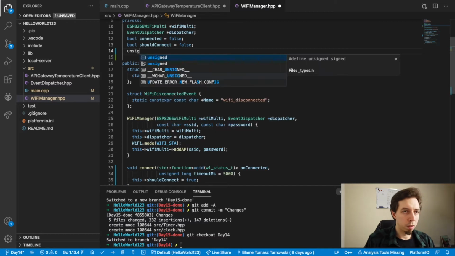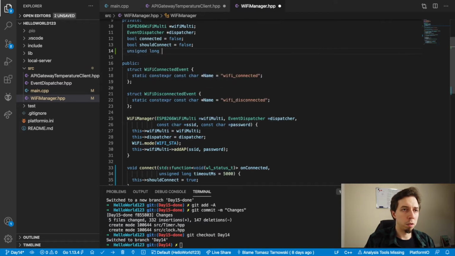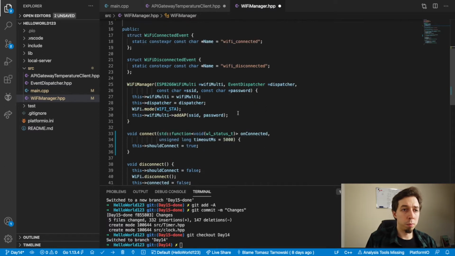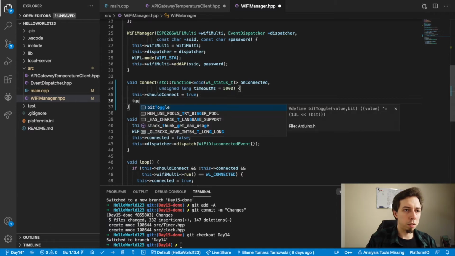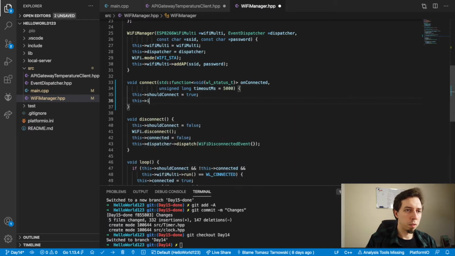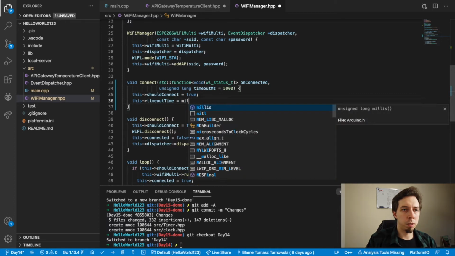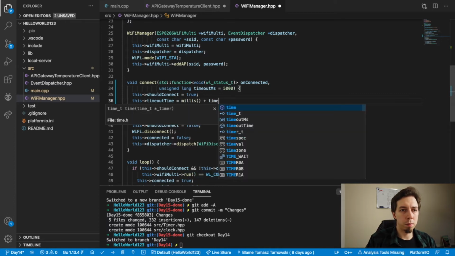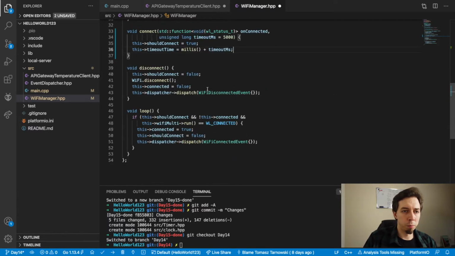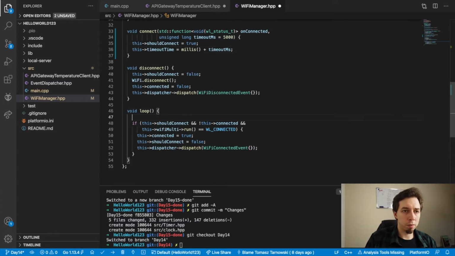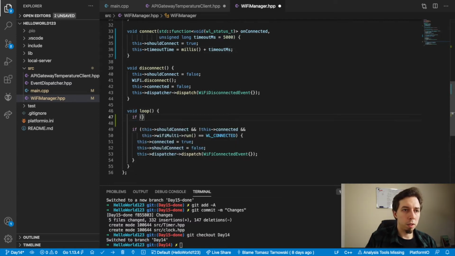Timeout time, unsigned long timeout time. And that would be set here, right? That would be like timeout time equals millis plus timeout milliseconds, right? You could do something like that, and then in the loop, check for that, right? So have another if, and if that happens,